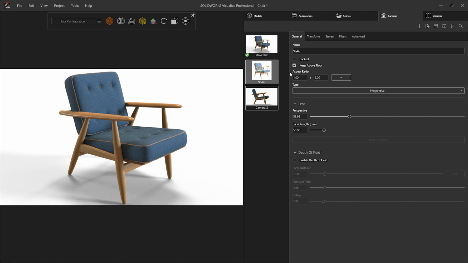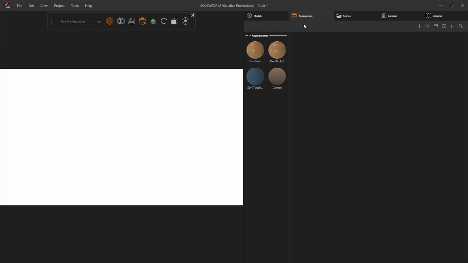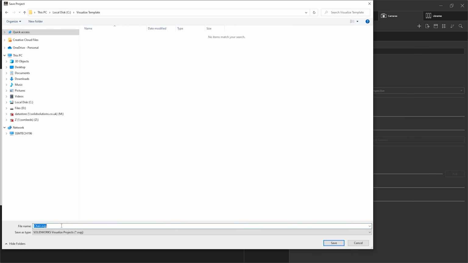In some cases, you may also want to set up some standard models, appearances, configurations, model sets, or an animation that you want in all your projects. In this case, I don't want any of these, so I just need to delete the model and appearances out and then rebuild my thumbnails for the cameras. Then simply save the project as a new name, saving it outside the default location, perhaps in a dedicated folder in your documents.